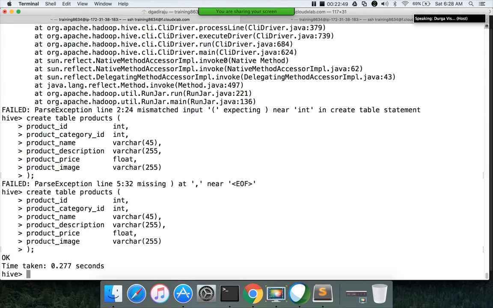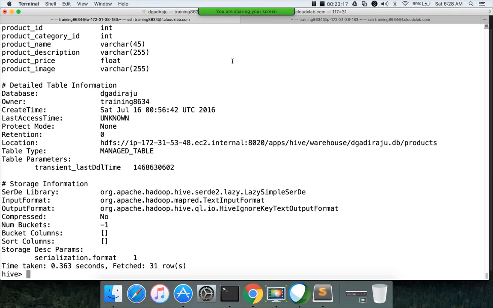Okay, so where it is created, that I will explain. For that, first you need to use this very important command, describe formatted. If you just say describe and hit enter, it will just give the column names and data types. I always use describe formatted unless, as part of the program or tool which I want to develop, I just need the column names to pass. I typically use describe formatted whenever I want to see the information on the metadata.